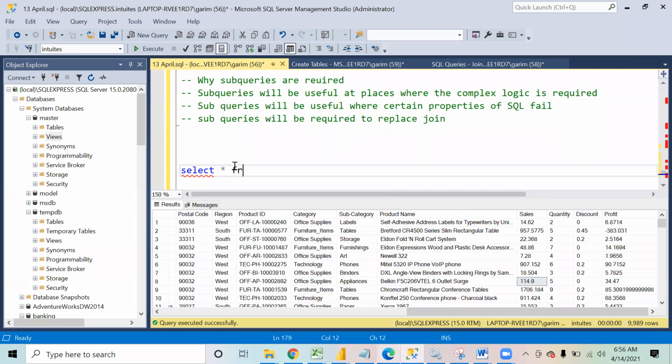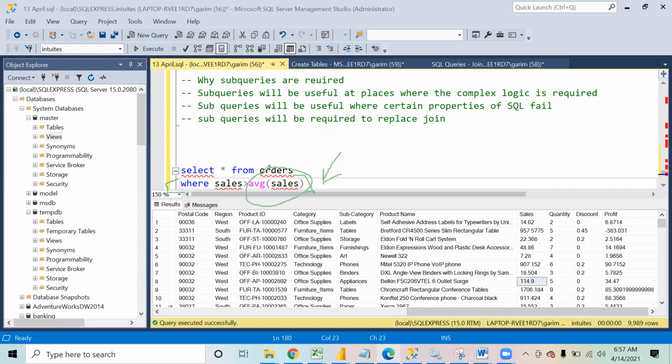If I say select star from orders where sales is more than average of sales, this query is not going to work. It is going to give me an error, because the where clause is not capable of calculating aggregation.